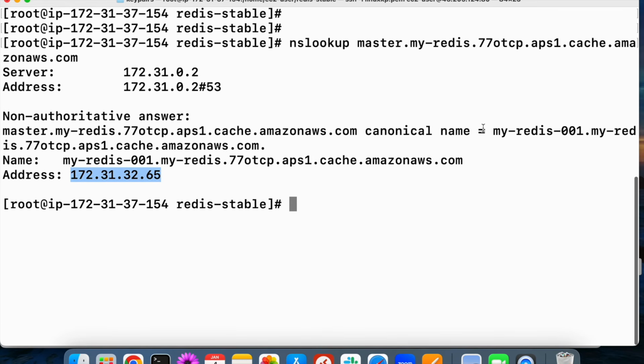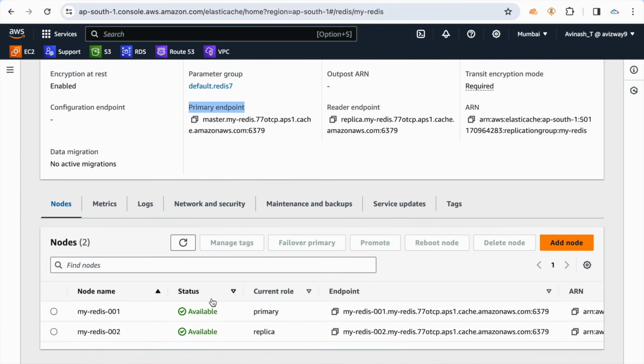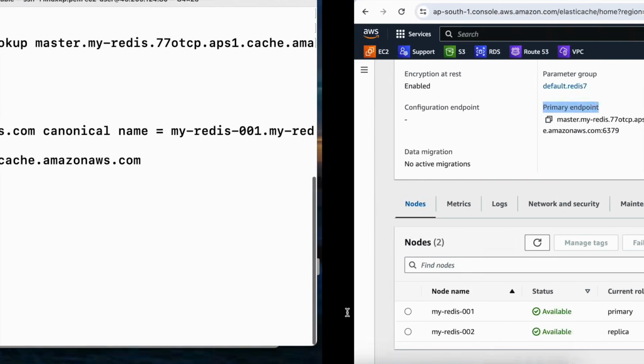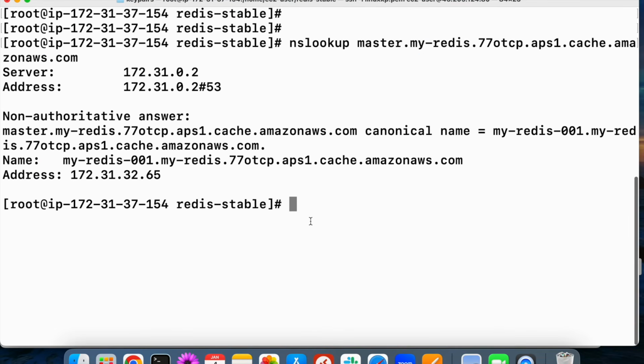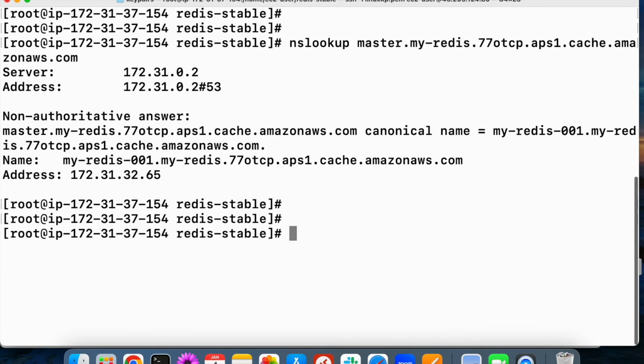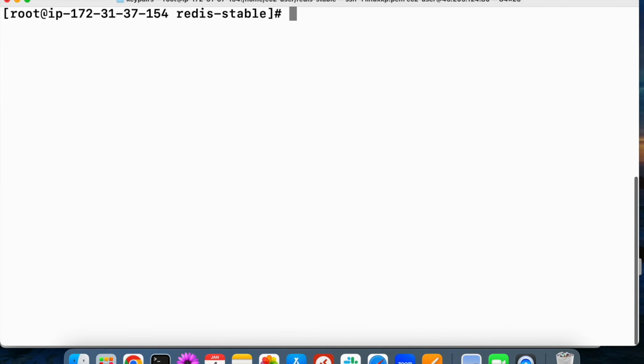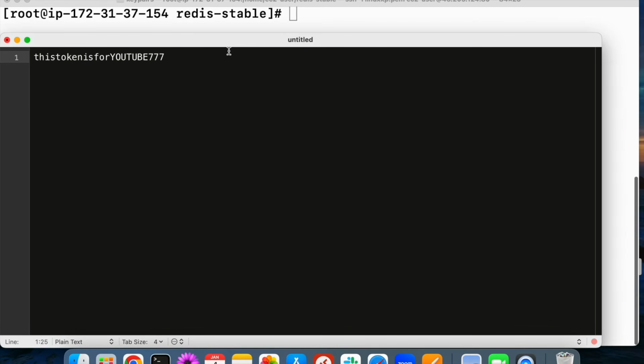It is also going to give the canonical name of that primary cluster. So if you observe, this is that canonical name. All right, so we are good. Now let's get connected to our Redis cluster. For that, as I mentioned, the command is